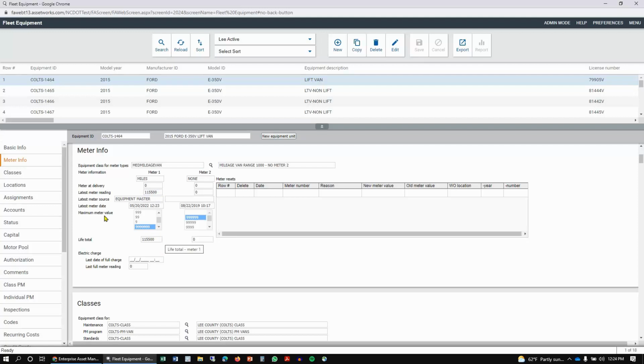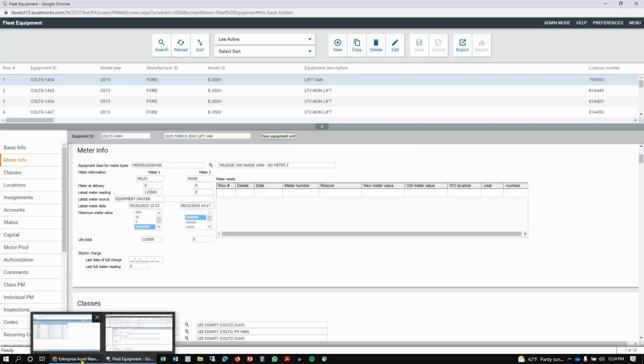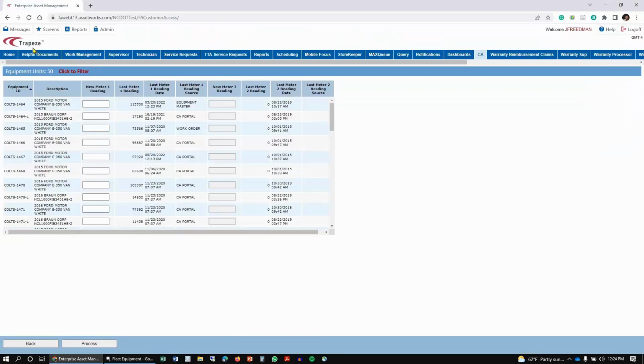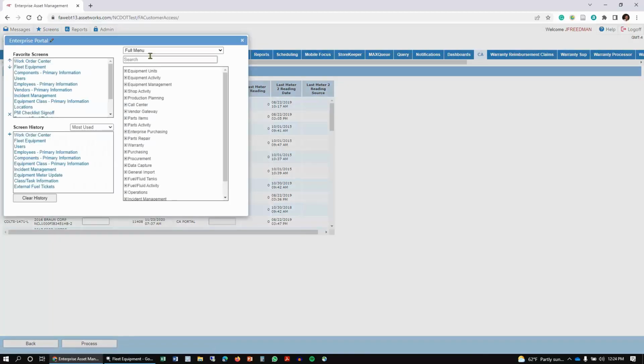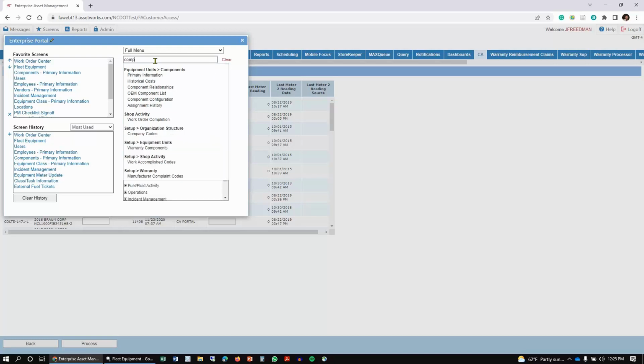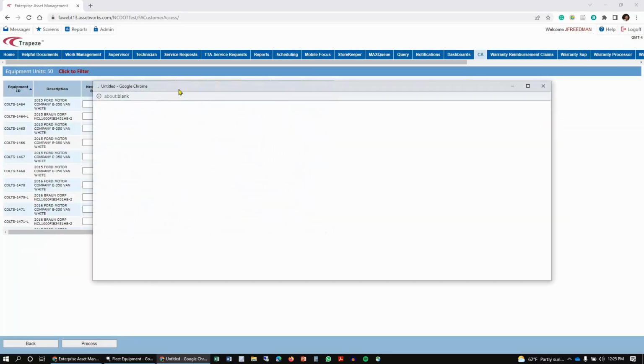so just make sure that the latest meter reading matches the life total. If you do your lifts as components, what you're going to do is, if you are outside of the edit range entering your lift count, you would go up to Screens and find the Components Primary Information screen. You'll either have it saved as a favorite or you can search for it. And there it is, Components Primary. We'll open up that screen